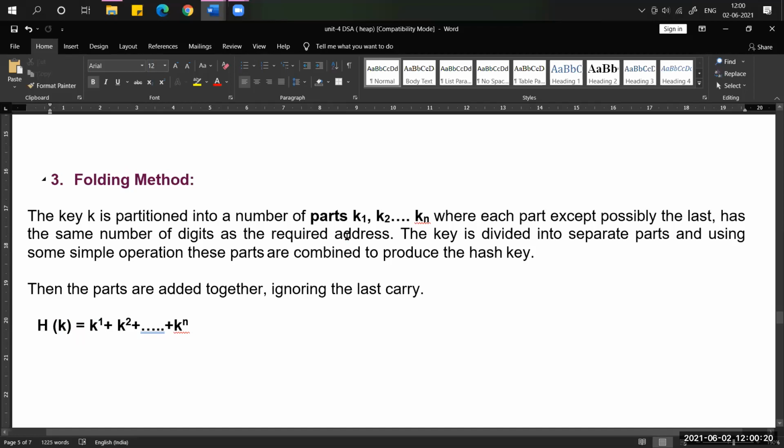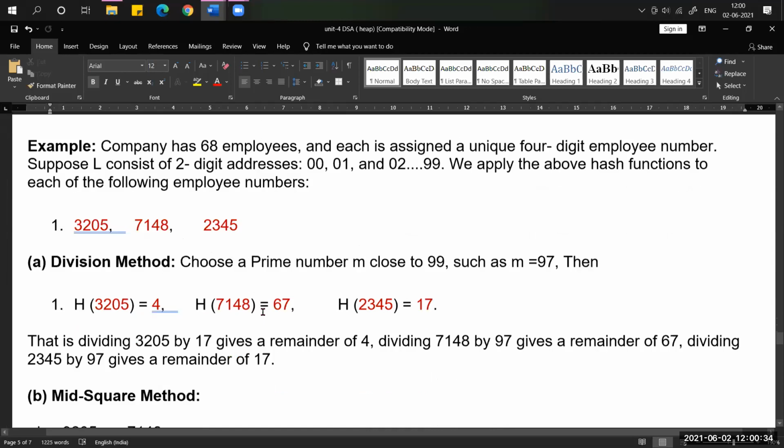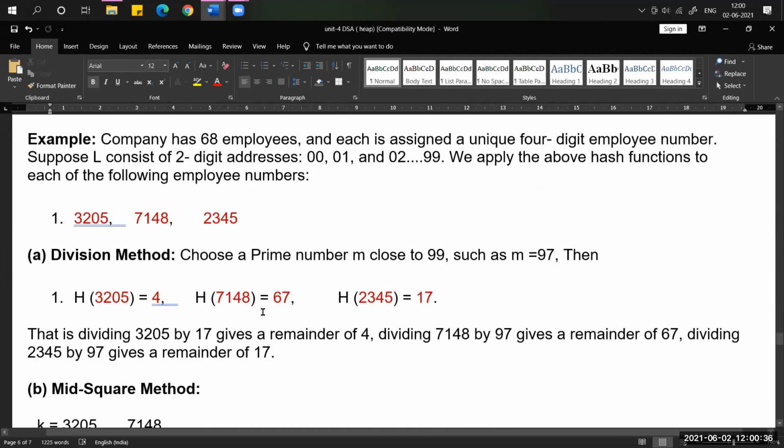Now I'm going to explain examples for each type of hash function so that you will understand easily, but remember all the formulas. This is one example. Assume that in a company there are 68 employees.